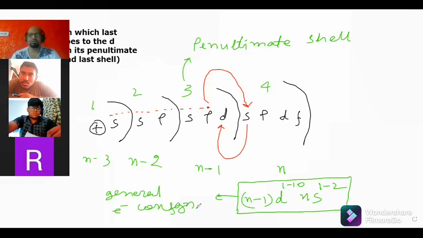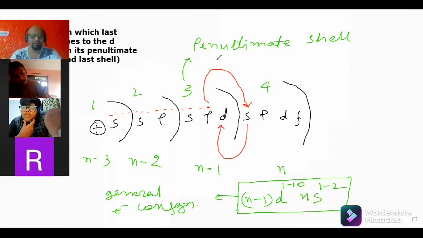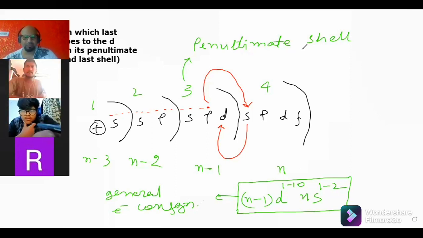Okay, now you can note it down. By this time, should I erase it, or are you okay? Okay, write it down. Then what about the group and the period? Yeah, the period will be n, I'm coming. Now, how to find out the period and group from this electronic configuration?